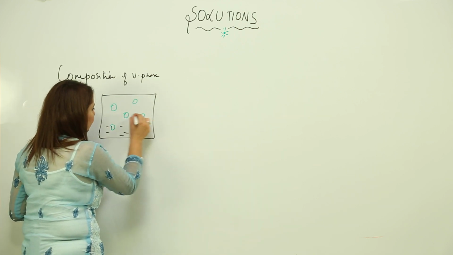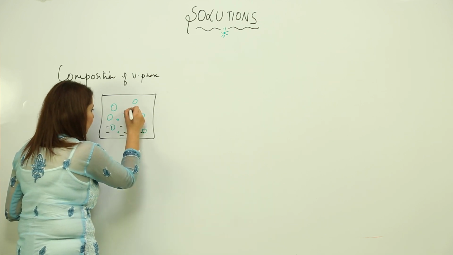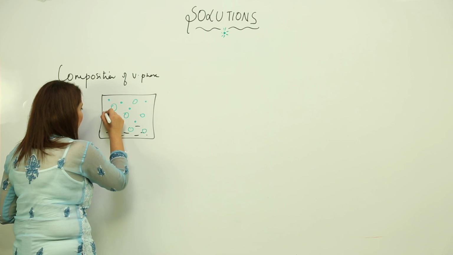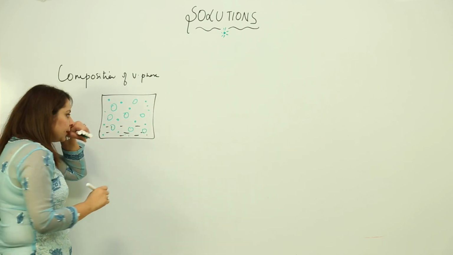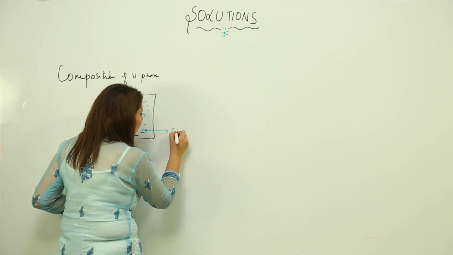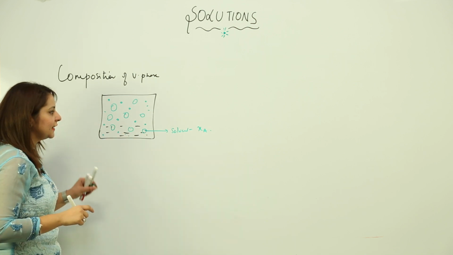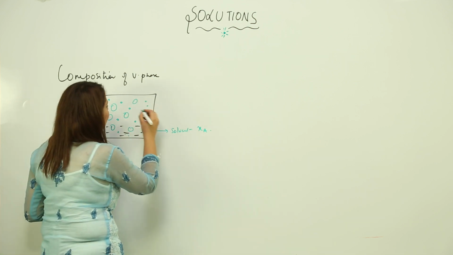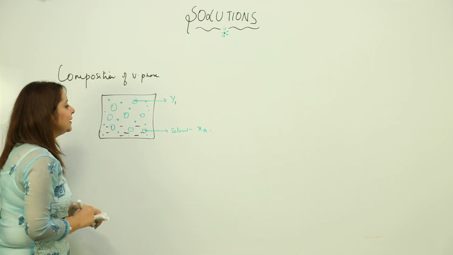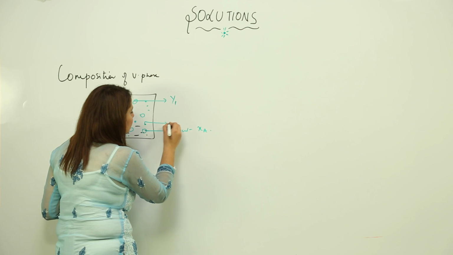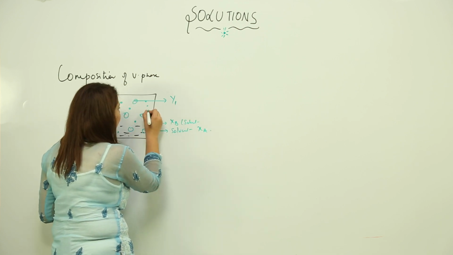solute. We did before also, volatile solute, as well as we need to see a volatile solvent also. So let us assume these small dots as solvent and these ones as solute. So let us assume this as solvent, and if the mole fraction of this in the solution form is XA and in the vapor form let us say that it is Y1. And let us assume similarly that the mole fraction of solute be XB and in the vapor phase it is